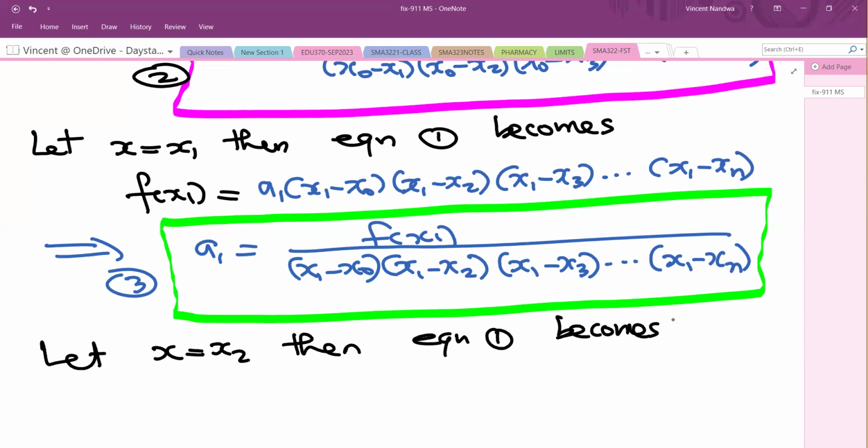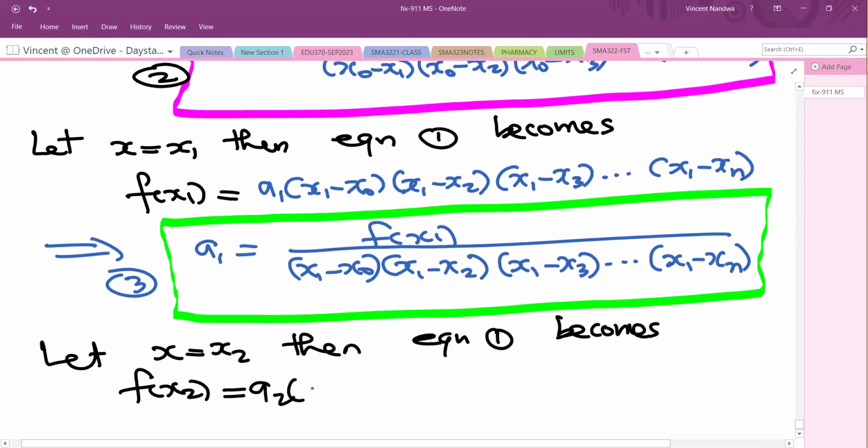We'll have f of x2 equals to... which term remains? The term with a2, correct. So a2 into x2 minus